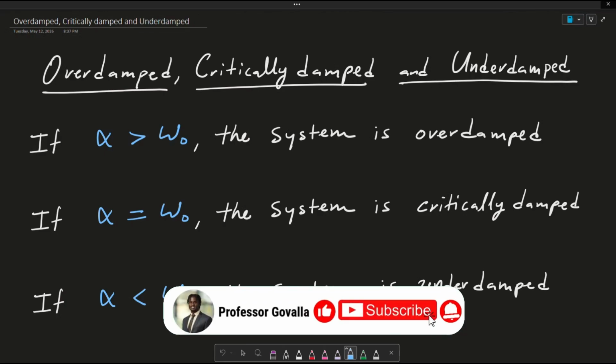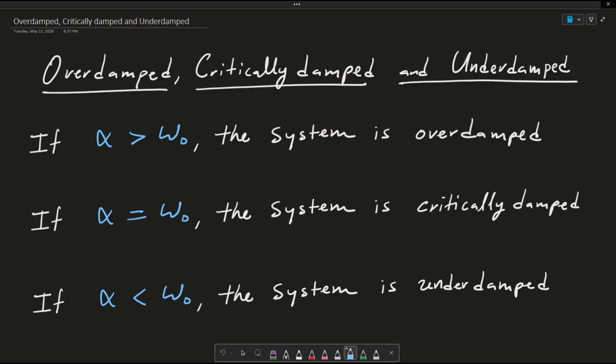My name is Professor Govala, and today I'm going to be talking to you about the overdamped, critically damped, and underdamped criterion for the source-free series RLC circuit, where this is a build-up on the previous video I made called the source-free series RLC circuit clearly explained, which I will post in the top right-hand side corner of this video,